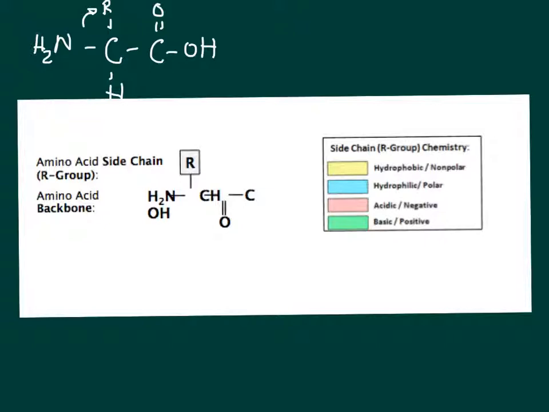Here we've highlighted the differences in this table by showing you that sometimes R groups are hydrophobic or hate water. Those are our nonpolar R groups. Sometimes they're hydrophilic or polar. Sometimes they're acidic, which means they have a slightly negative charge, and sometimes they're basic, which means they have a positive charge. So if we go back to that table on the previous slide,